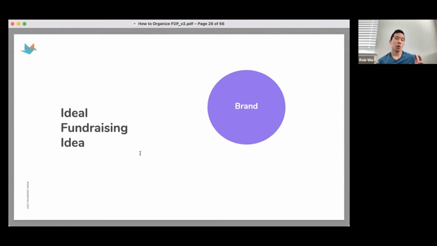So what you want to do next is, as you're thinking about your ideas, as they fit into these categories, there's this ideal fundraising concept that I have, and it really revolves around the intersection of three different things. The first one is your brand. So as you're evaluating different ideas, as you're putting it together, you want to find something that fits your organization, something that ties to the impact that you can have. If you're able to do that, then better.